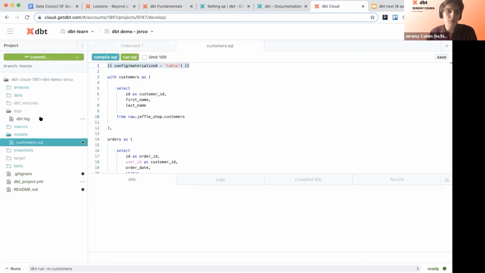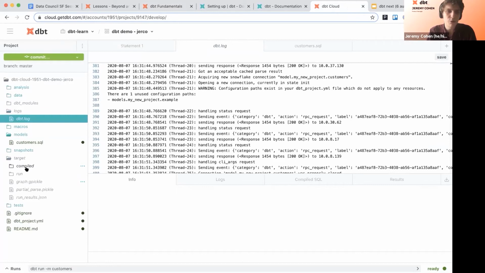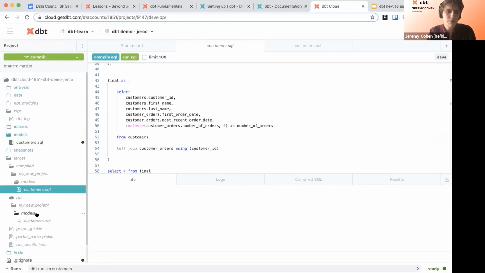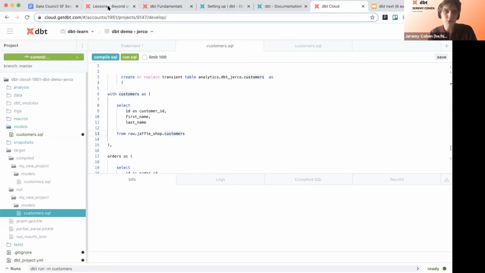I could also pop into my logs file here, or this git ignored target directory to see just what I've got for my customer's model, and then the actual SQL that's run. So there's lots of ways to figure out what's going on. None of this is meant to be obfuscated. It's all meant to be transparent, but also in a way where I don't need to worry about it unless I absolutely have to.